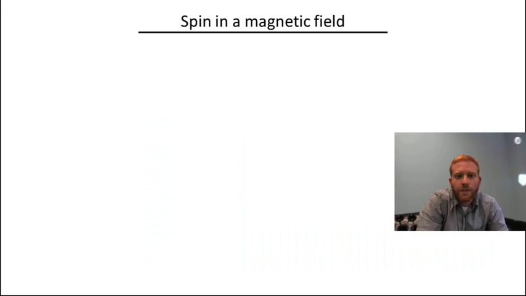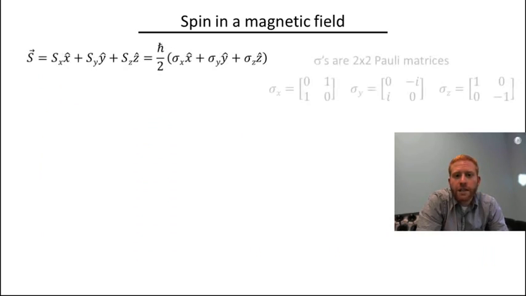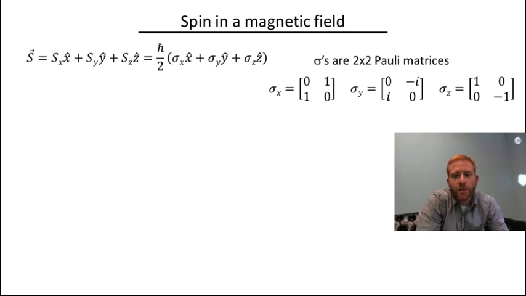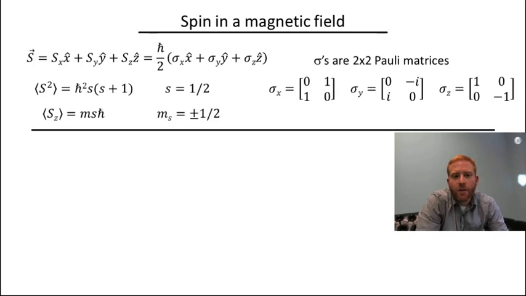First, let's review the elements of our theory of electron spin. The spin vector components are represented as operators by the 2x2 Pauli matrices. In direct analogy to orbital angular momentum, the square of the total spin is h bar squared times the half-integer spin quantum number, little s, times s plus 1. Eigenvalues of the individual components are simply the spin magnetic quantum number m sub s times the quantum of action